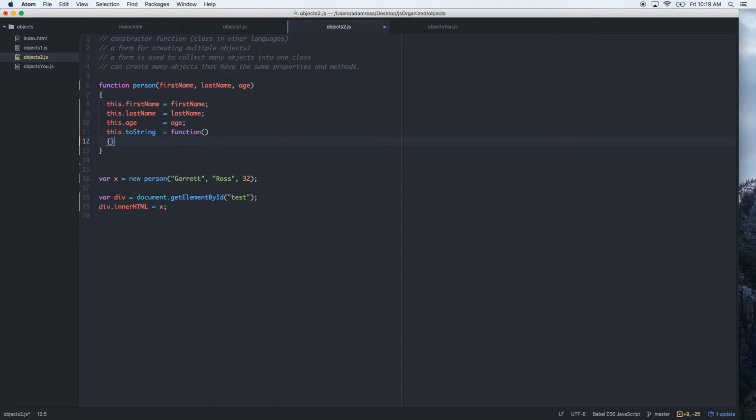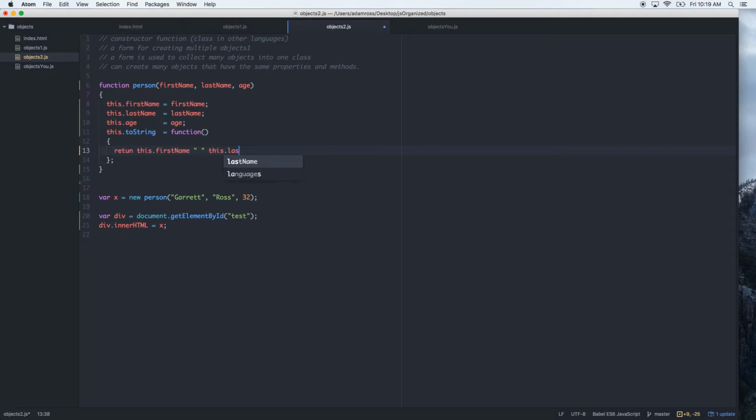Invoke it, curly brackets, and then whenever this is called, you would just return this.firstName plus, and let's say we wanted it nicely formatted, plus this.lastName plus a space, and we'll say "is", plus this.age, plus